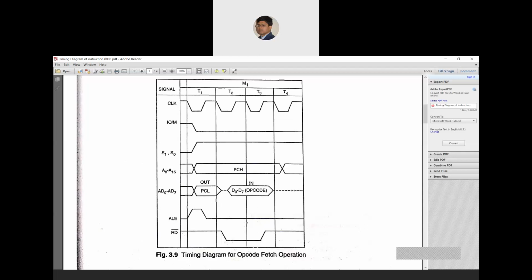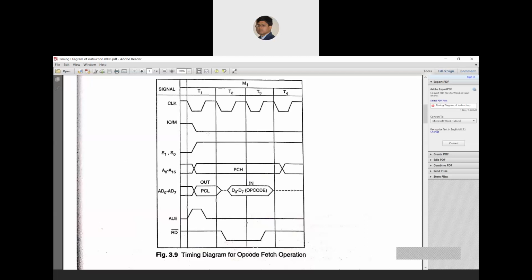Okay, and there is a read signal. The read signal is required here because you have to read some data from the generated address. So that data you have to read out. But when to read? You are not reading at the initial time, that is, in the T1 cycle. At the T1 cycle, you can see that the value is inactive. RD bar is 1.